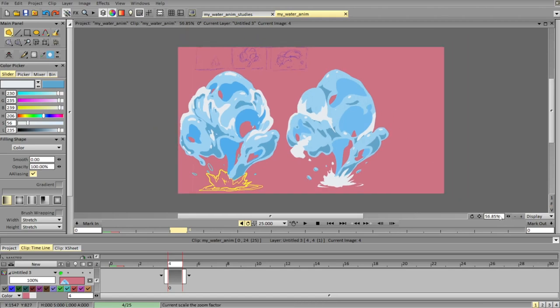So I can do something like that, which is also very stylized. We can favor foam over other stuff. Limit the amount of shadows.